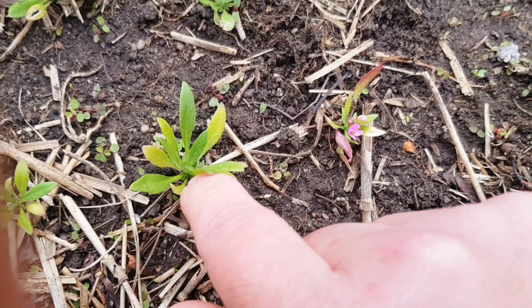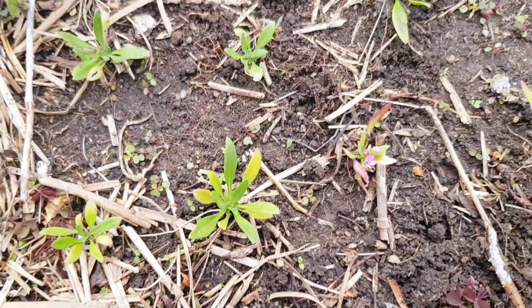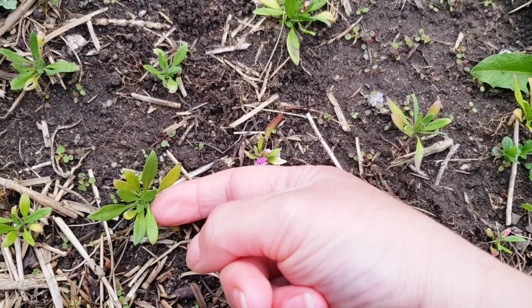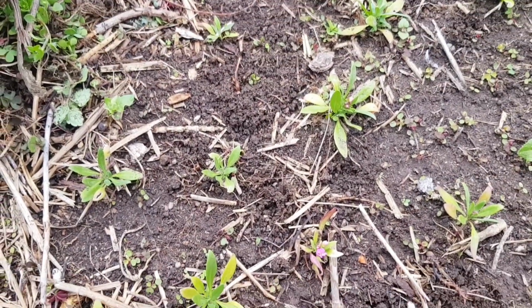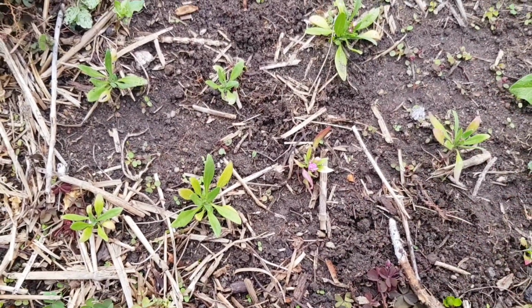They're not difficult at all to grow, and as I told you, they're that small now, but you want to envision that these will grow, will become bigger, and that's why when you're planting them, you want to put some space in between, about a finger at least. Maybe I will even need later on to thin them out a little bit here, but I will see how